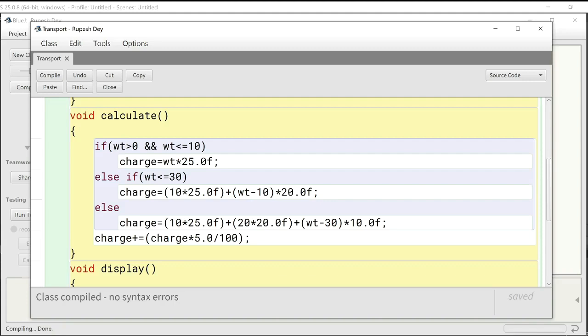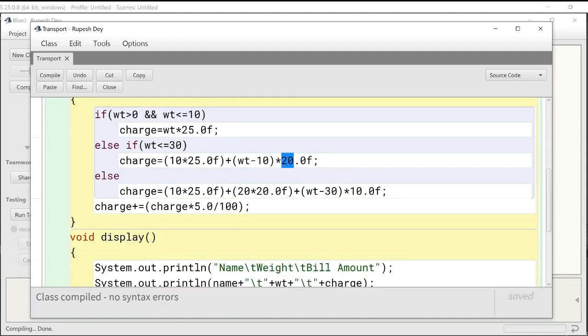Then in the calculate function we are finding out the charge based on weight. If weight is in the first 10 kgs, then per kg 25 rupees, so weight into 25.0. If it is in the next 20 kg, that means above 10 but up to 30, then we have 10 kg, so 10 into 25 per kg, and for the remaining weight, after 10 kgs, weight minus 10, per kg 20 rupees.